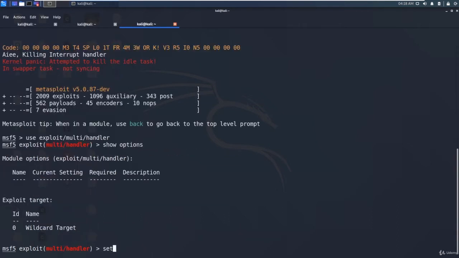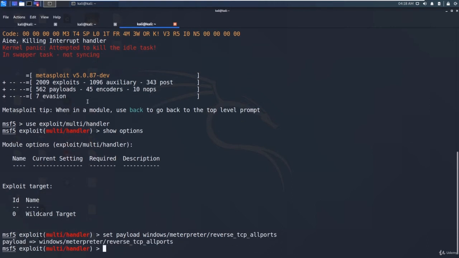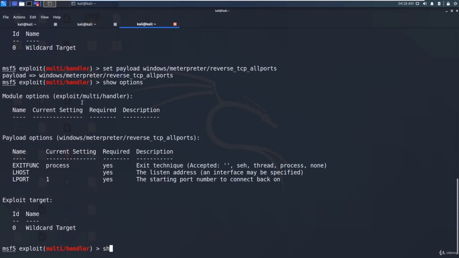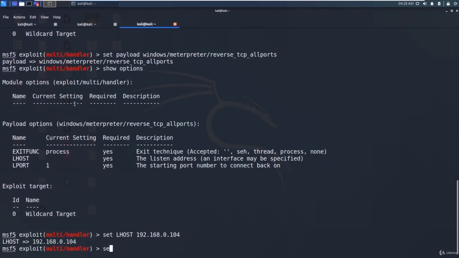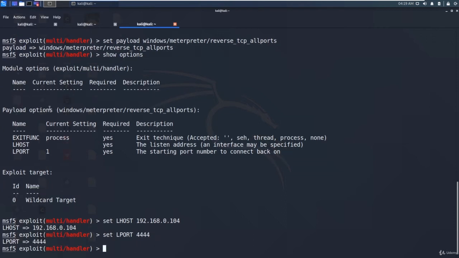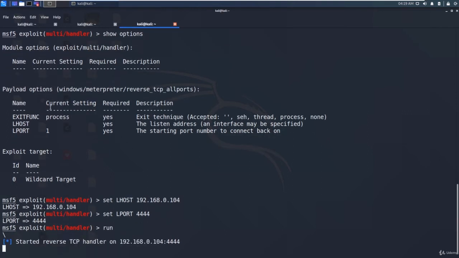We need to set the payload, and set the LHOST as our IP address and the LPORT as 4444.